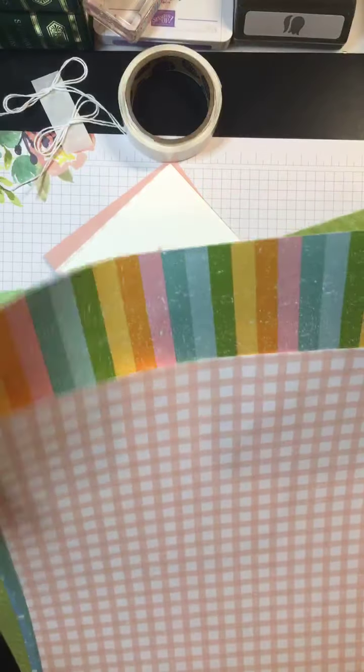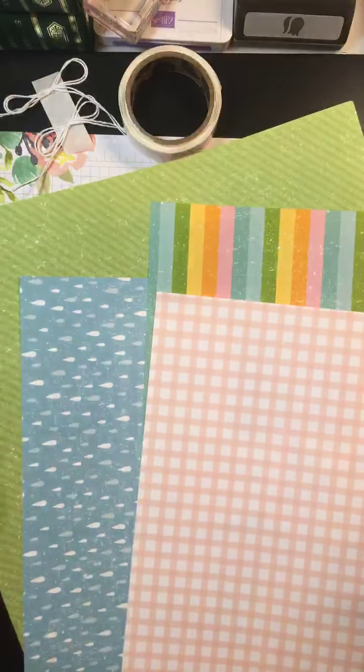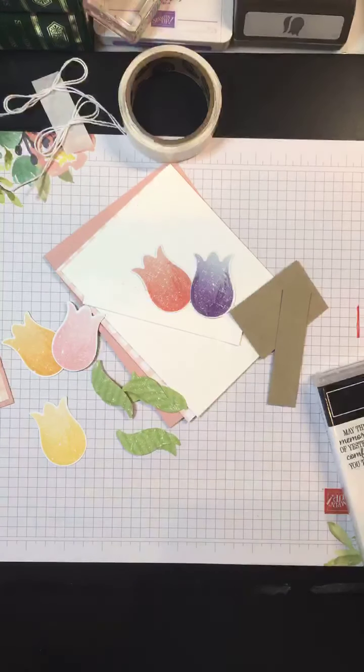And on the back, it has just wonderful background things that you could use in coordination with the stamps and your punches. But for my purposes today,